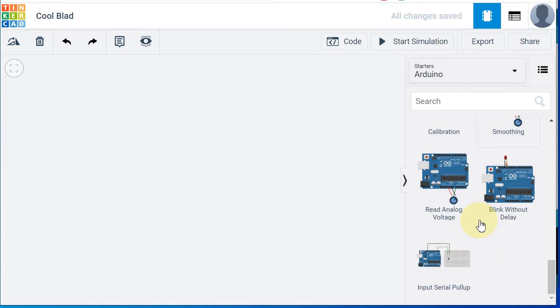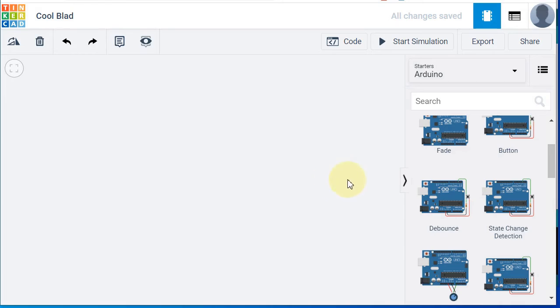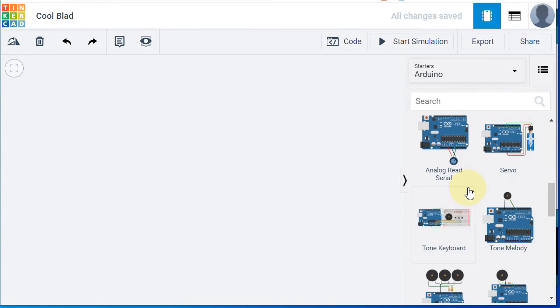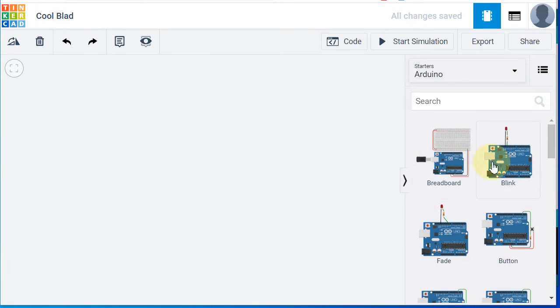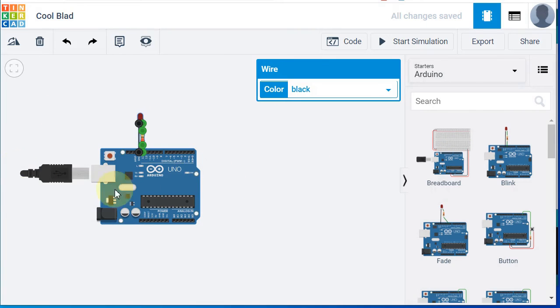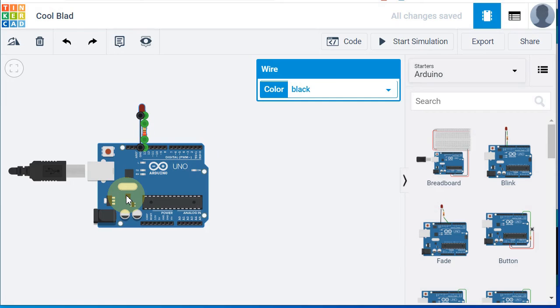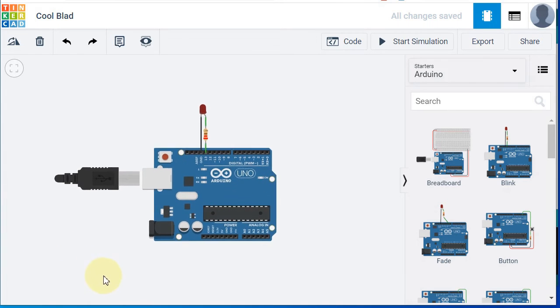So here I am first going to design an LED which is connected to one of the pins, and the LED should be on for 1 second and off for 1 second. This is the first simple project I want to demonstrate here. For that, a pre-designed circuit named blink is available. I am going to pick this blink and paste it on my project area. Just click on blink and drag and drop it on your project area. After drag and drop, you can see a circuit in the project area. This is known as the project area. I am going to zoom in a little bit to view.